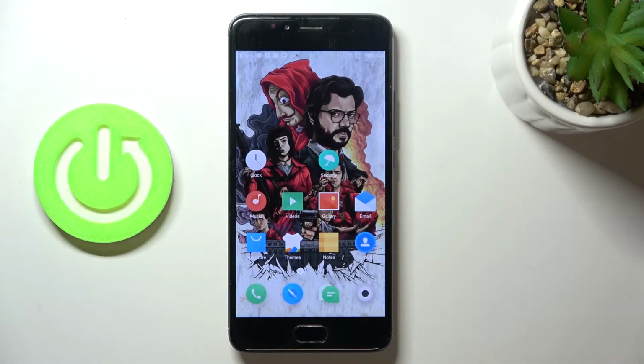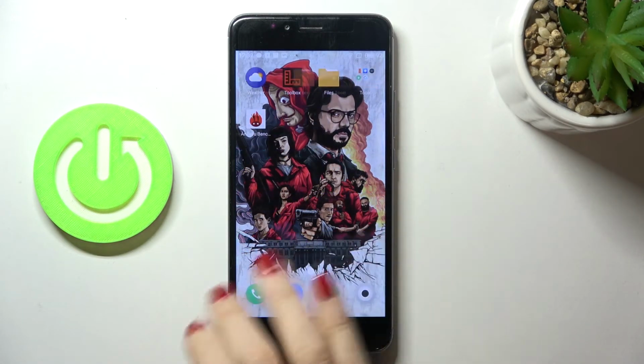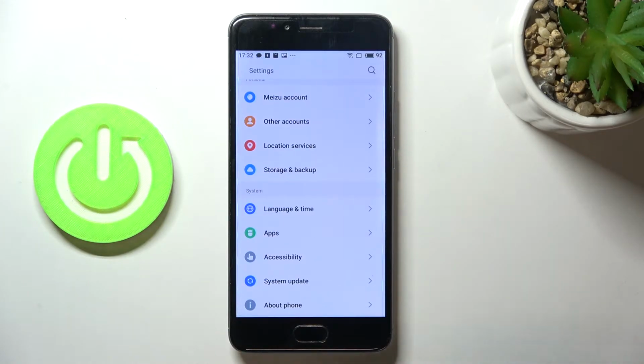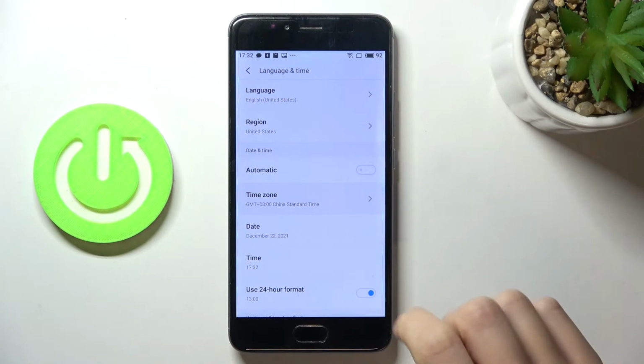In front of me is MEIZU M5S, and let me show you how to change the date and time on this device. So first of all, just open the settings, then find and select language and time, and here under date and time you will notice the switcher, so smoothly switch off automatic date and time, and now you can pick time zone,